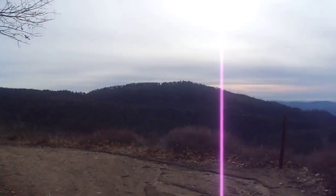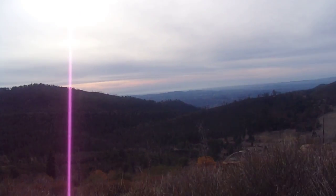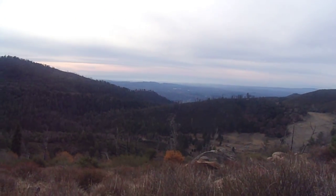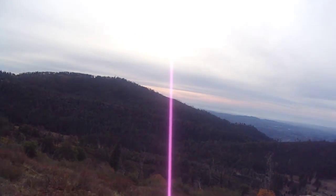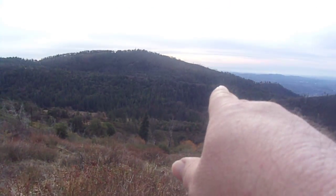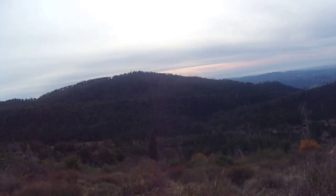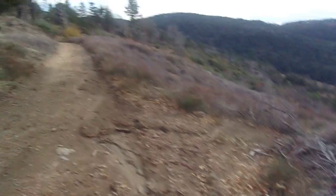There's Booker, right there. You'd think the name was French, like Boucher, but it's actually pronounced Booker. There's the Lower French Valley, Lower Doane Valley region, and there are the huge ponderosa pines down there. So I've been down probably about as far as that before, and then this is going to lead down into